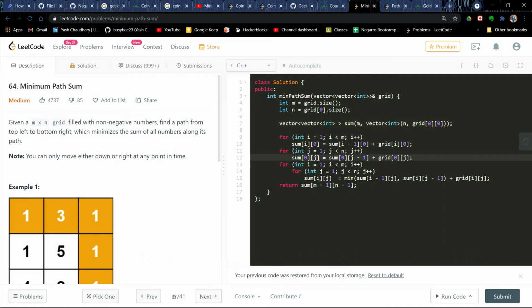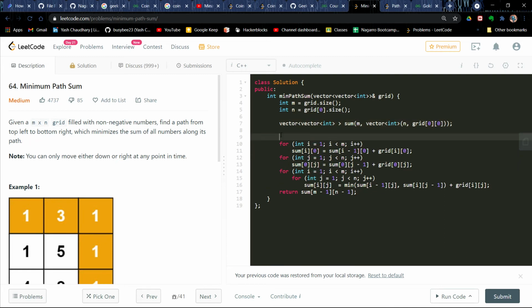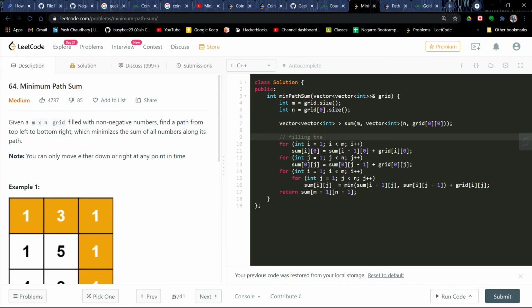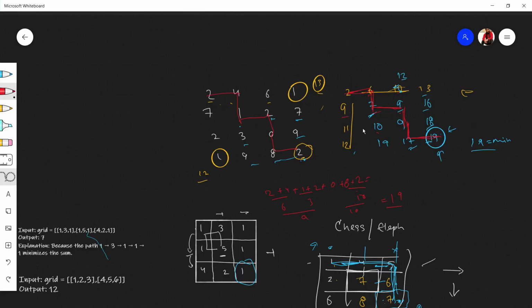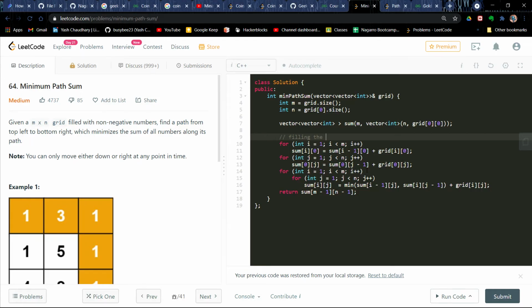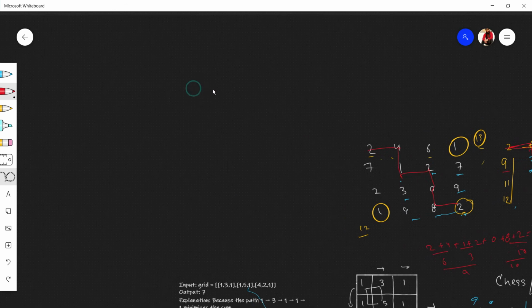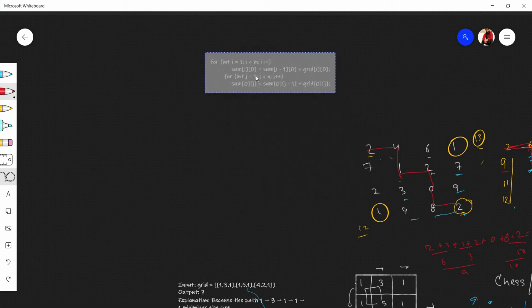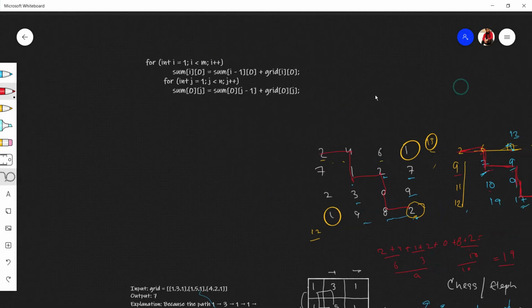Okay, and this thing is for filling the grid. For i, this is the topmost row we are filling. For j, we are filling the leftmost column. I'll explain in a minute. I'll explain these two pieces of code, because if you can understand these two, everything will be damn clear with you within a second.